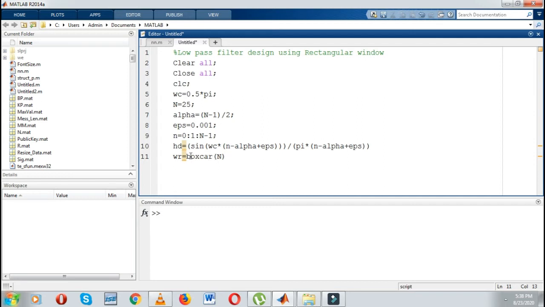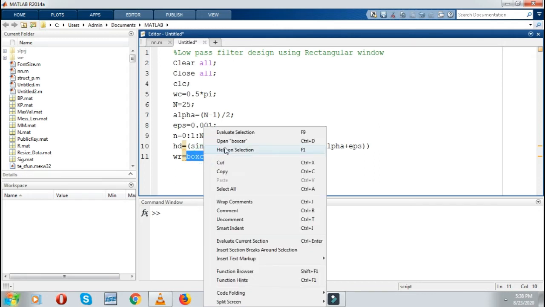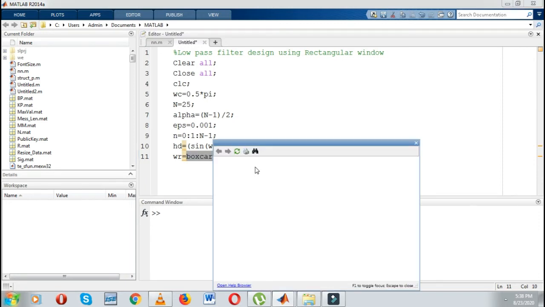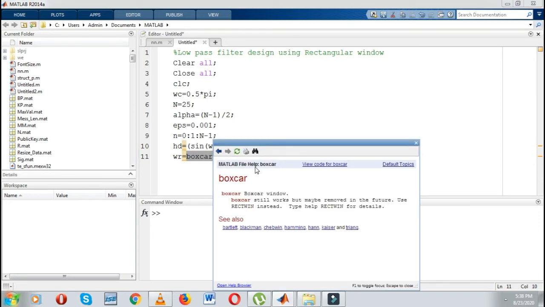If you want some information, just click and select help on selection. You will get the information about that boxcar command.